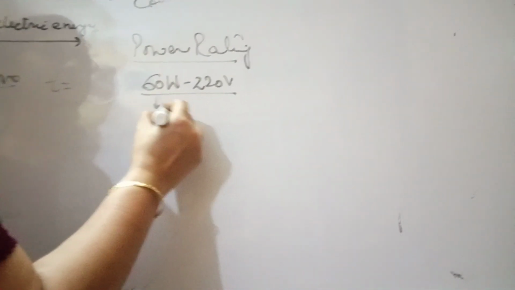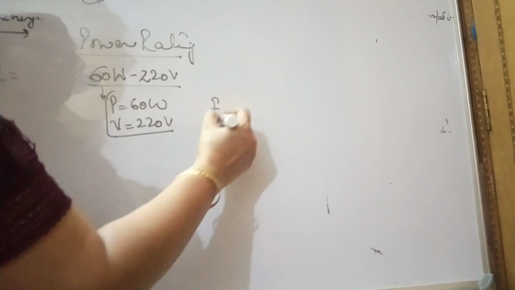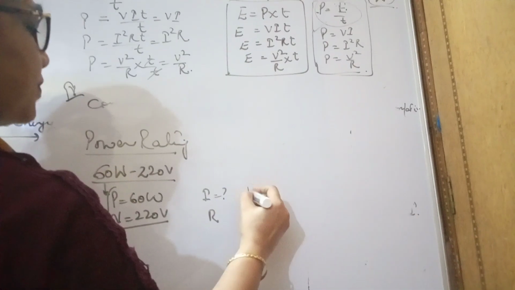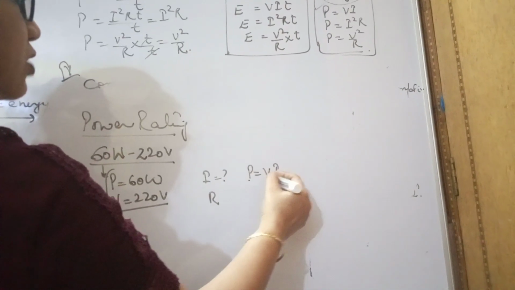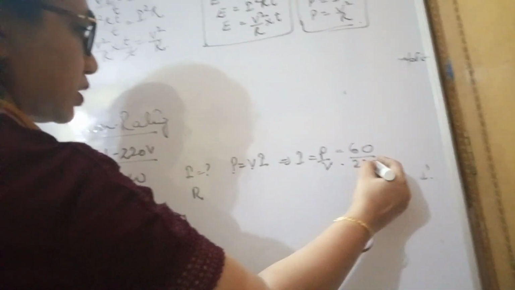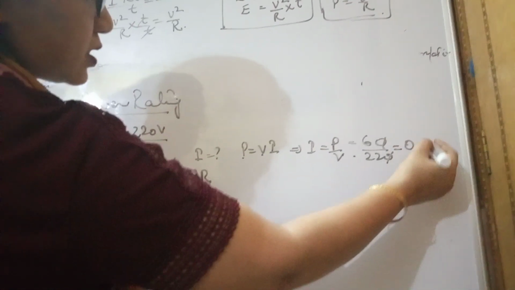What is the use of this? Very important use. The first information gives the power of that appliance, the second gives the voltage. These two pieces of information are given by the company, meaning we know how much power is consumed by that appliance and on which voltage it will work. From these two we will find out two more. See here, current we can find out from the formula P is equal to VI. Because we know P and V, we can easily find I using this formula. For example, here 60 upon 220, you can easily find the answer.